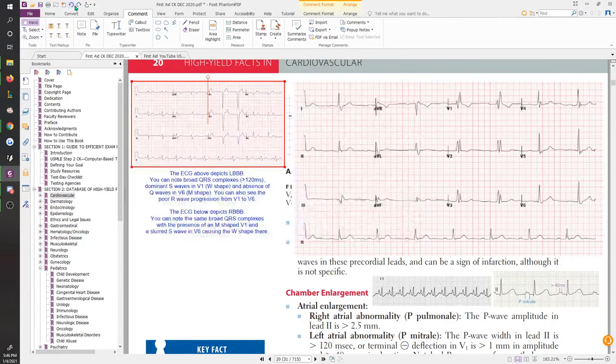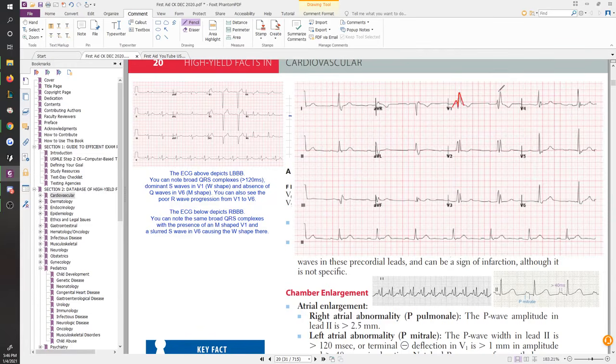Right, so let me make this small and put it away and then grab my pencil. And clearly on this V1, I can see the M. It's very apparent, right? And then if I come to V6, as I said, the W is often much harder to see, and you don't really see a very concise or clear W, so you let it be, right? But you see the M.